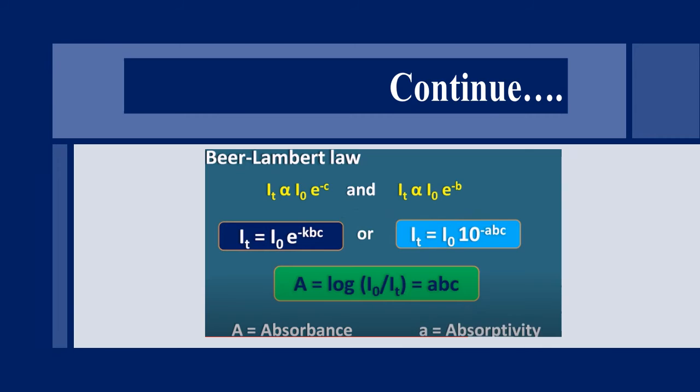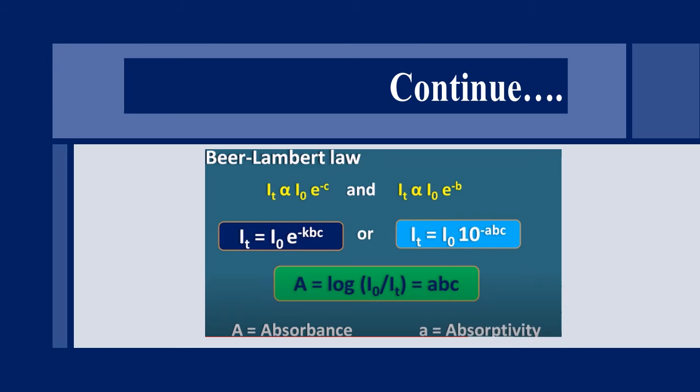So if I combine Beer's and Lambert's law, then my equation becomes IT equals I naught e raised to the power minus kbc, or if I replace the exponential e with 10, then it becomes IT equals I naught 10 raised to the power minus abc, where A equals log I naught divided by IT, which equals abc.